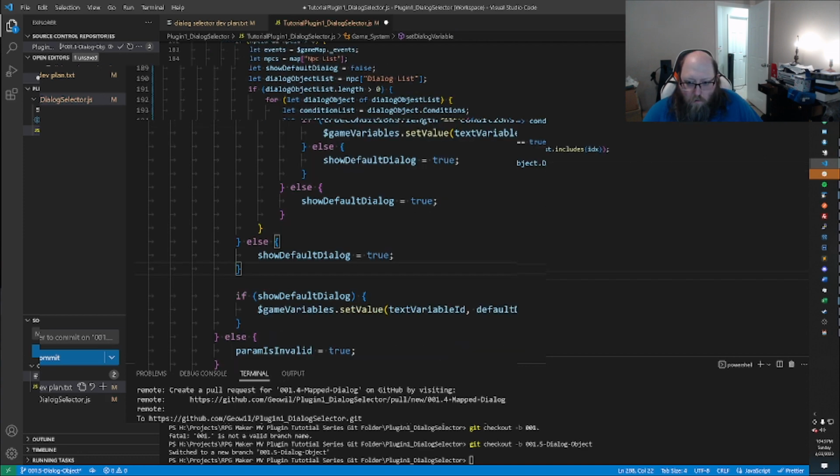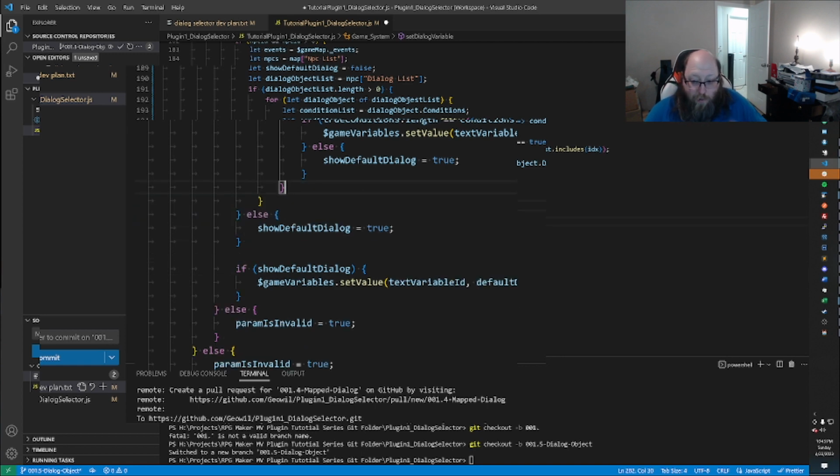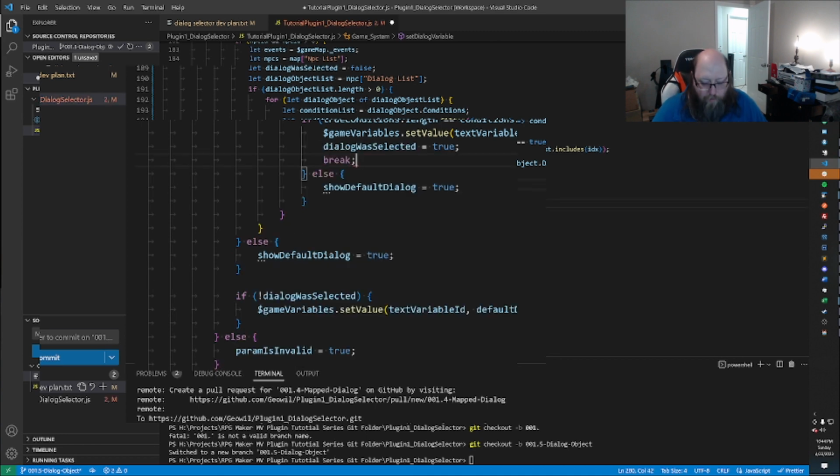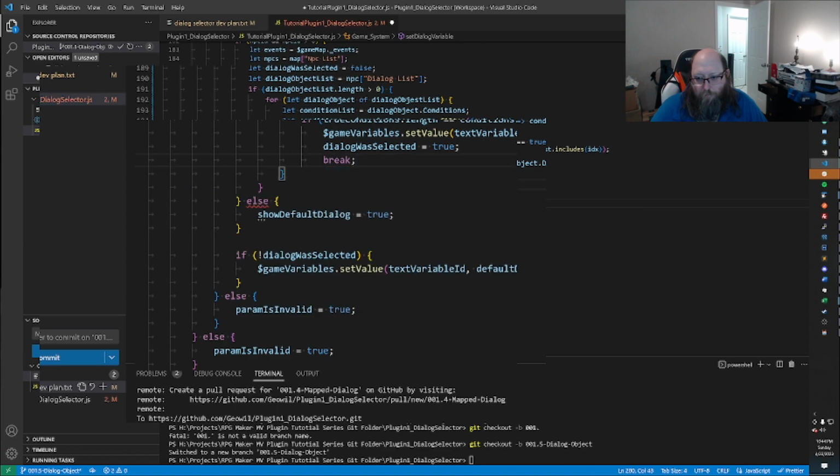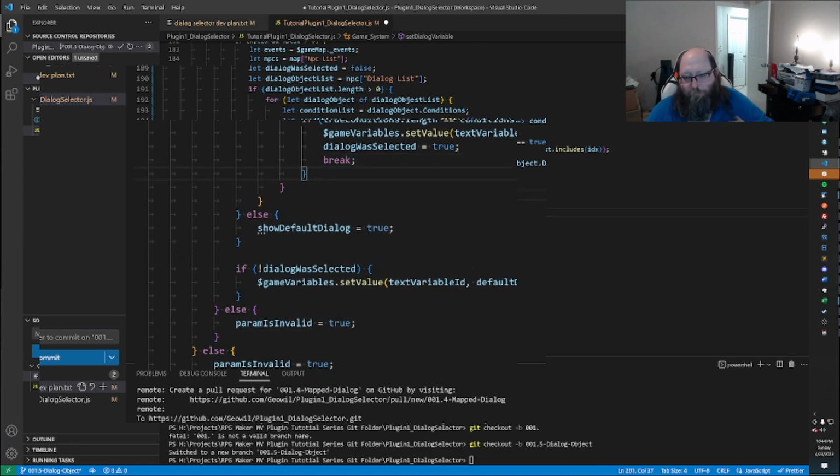Actually, no, we don't want to do this here now, just because we don't have a condition matching on the first time through doesn't mean that we're going to have that be an issue. We'll explain what these are here in a second, and what we're doing, and why. Okay, so,